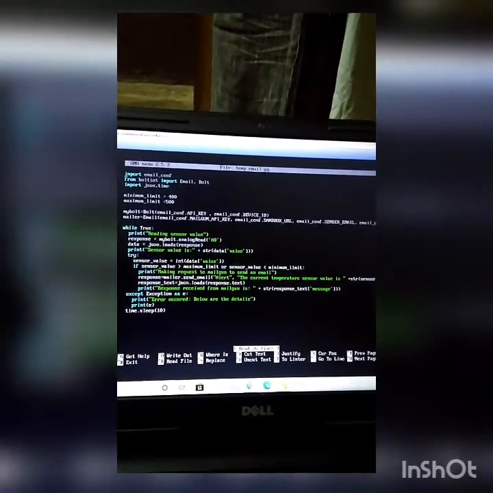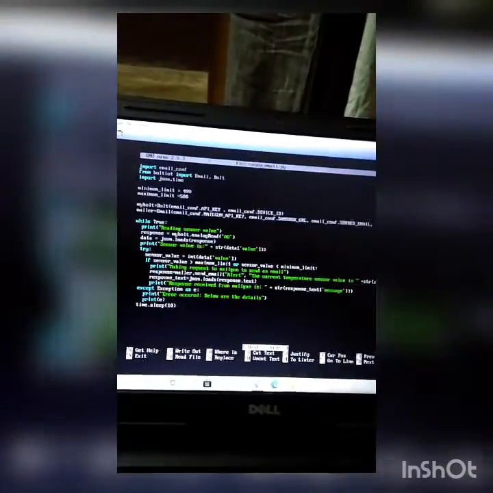Coming to the explanation of the code, here we import the JSON Python library, which is used for handling all operations on JSON objects. JSON is nothing but a data communication format widely used on the internet for sending and receiving data between a client and server. We import the Bolt Python library, which will let us fetch the data stored in the Bolt cloud. To send the email, the email library is also imported.